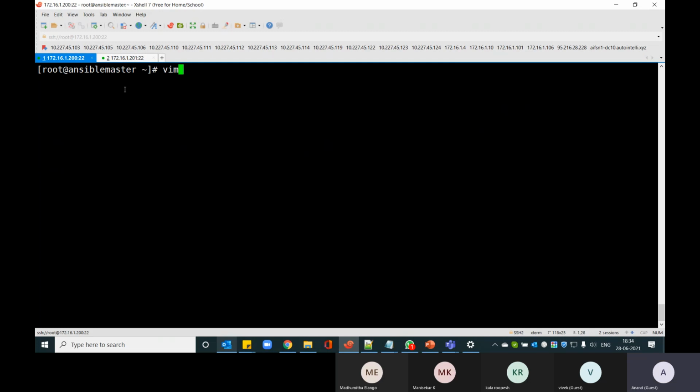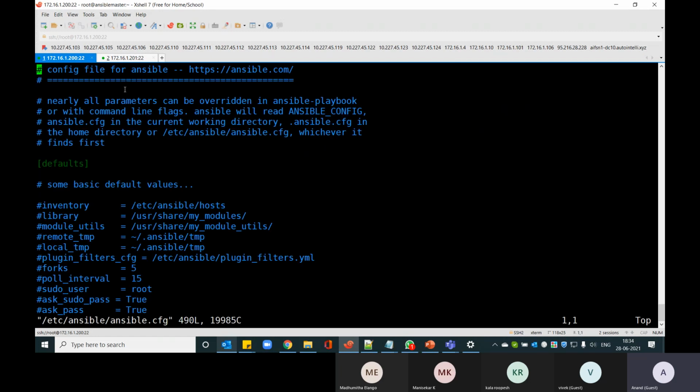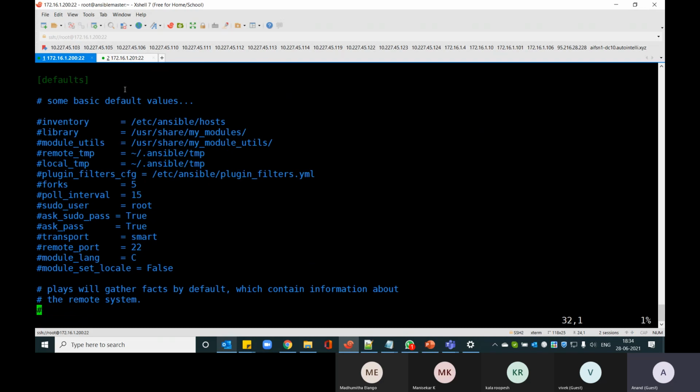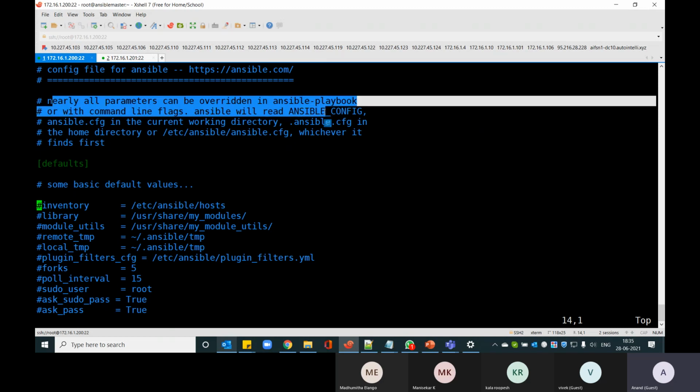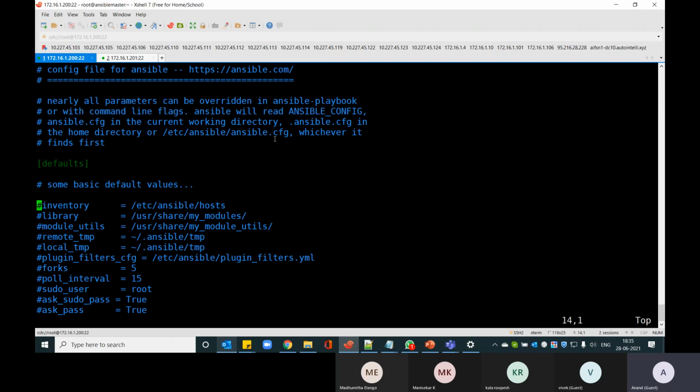So let us take a moment to see what is actually inside my ansible.cfg. You will get to see all the defaults of the configuration that Ansible carries, which you can always alter or override during your playbook creation, or through your environment variables and so on. As mentioned in line one, nearly every parameter here can be overridden through simple environment variables or from your playbook directory, right?